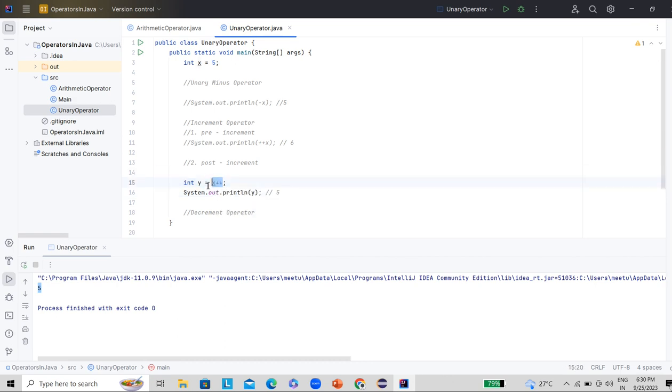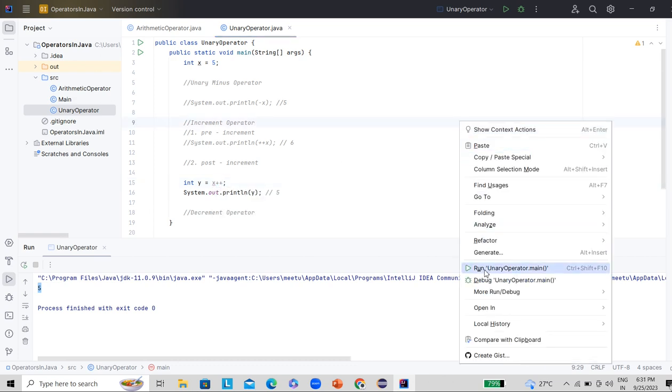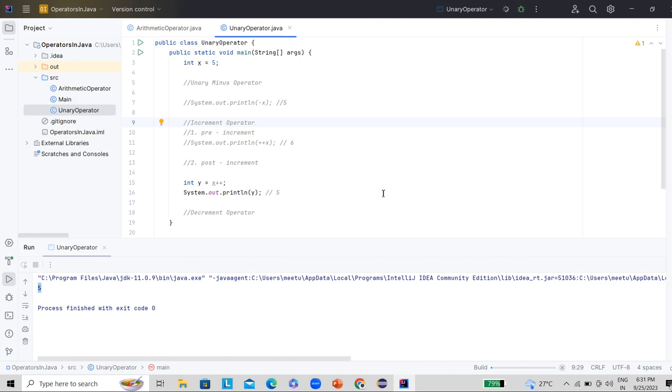If we write it this way, it divides into two parts. First it assigns to y the value of x, and then it post-increments it. So if we print the y value also, it will print 5 only. Right, you can see it is 5 only. So this is how you can perform the increment operator of two types, pre-increment and post-increment.